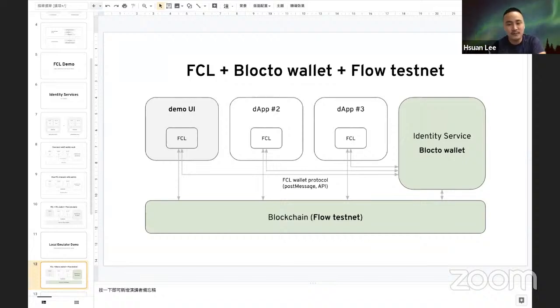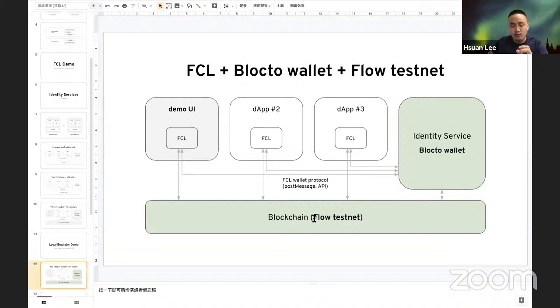So you want to deploy your entire application onto a public net. And currently you can use the Flow testnet. So in this scenario, instead of the local emulator, you use the Flow testnet to host your script, host your contract,